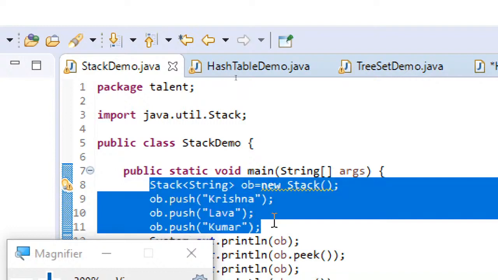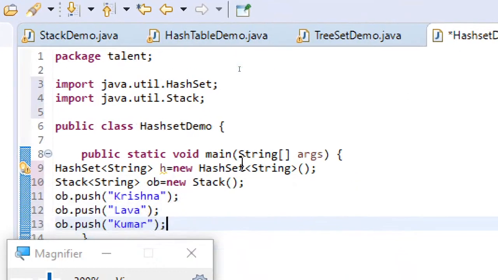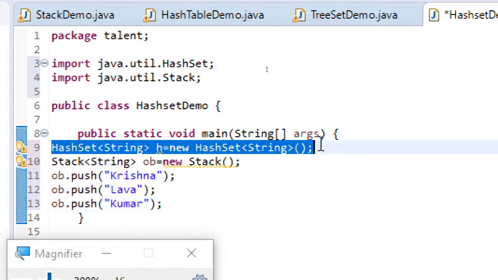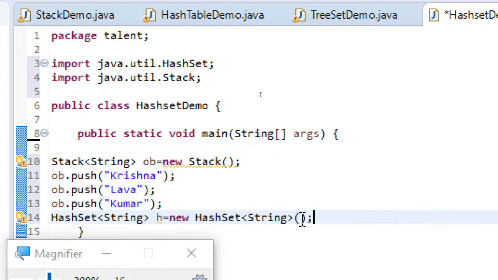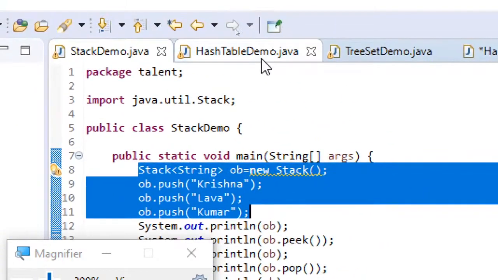Let's try this because I have tried with the list, but I haven't seen with the stack. Let's see whether that can also be added directly. Let me just cut this, and let's try to pass this. Okay, it's coming there. Now let us use iterator.